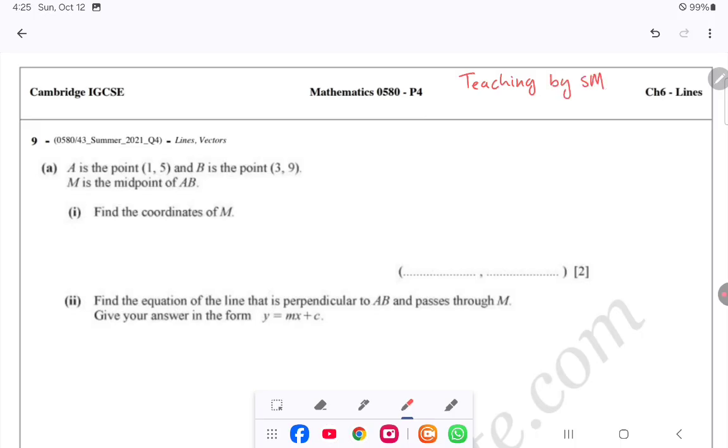Assalamu alaikum. Today we are solving Cambridge IGCSE Mathematics Paper Code 0580 Chapter 6 9 past paper from 2017 to